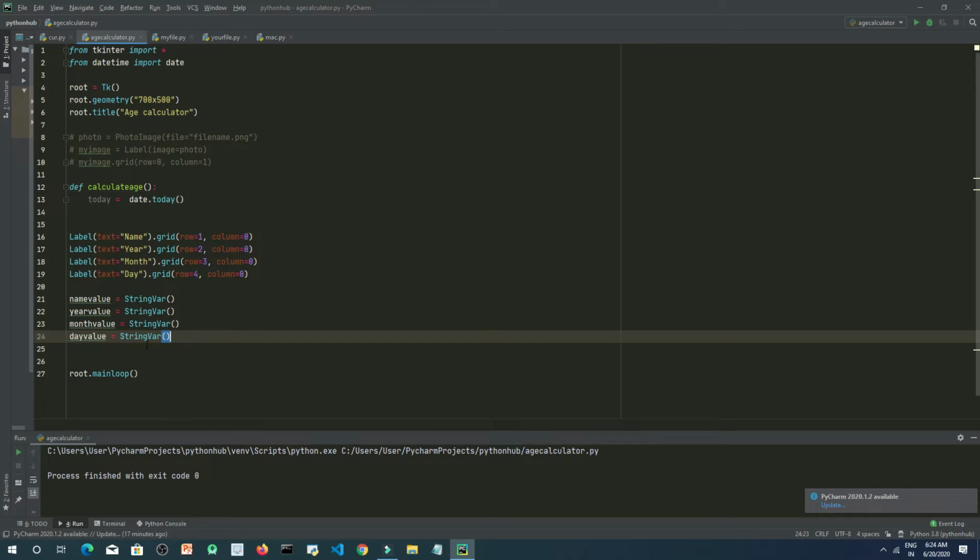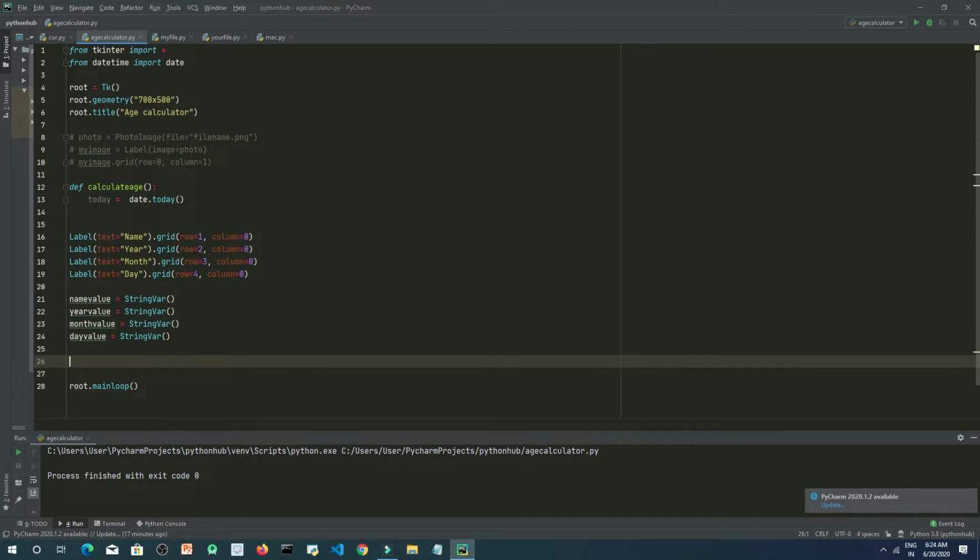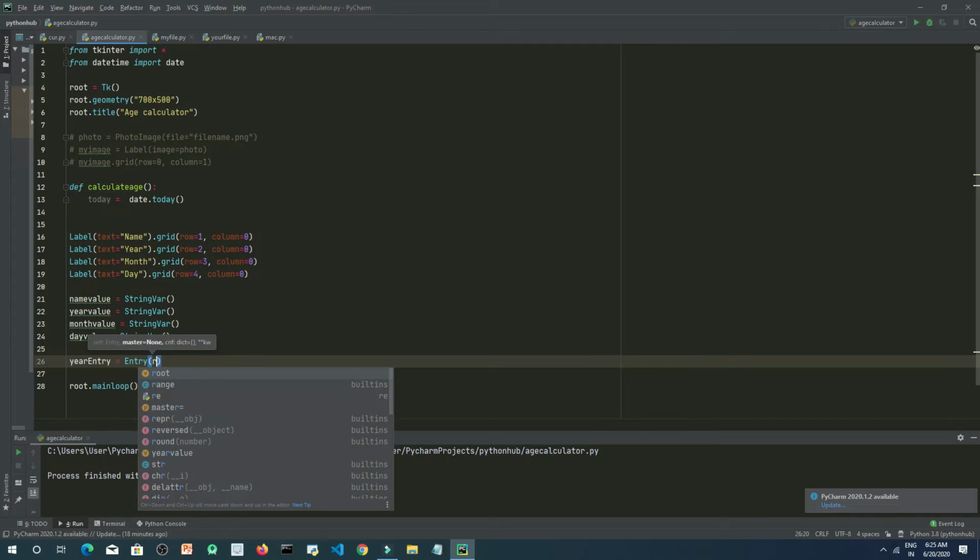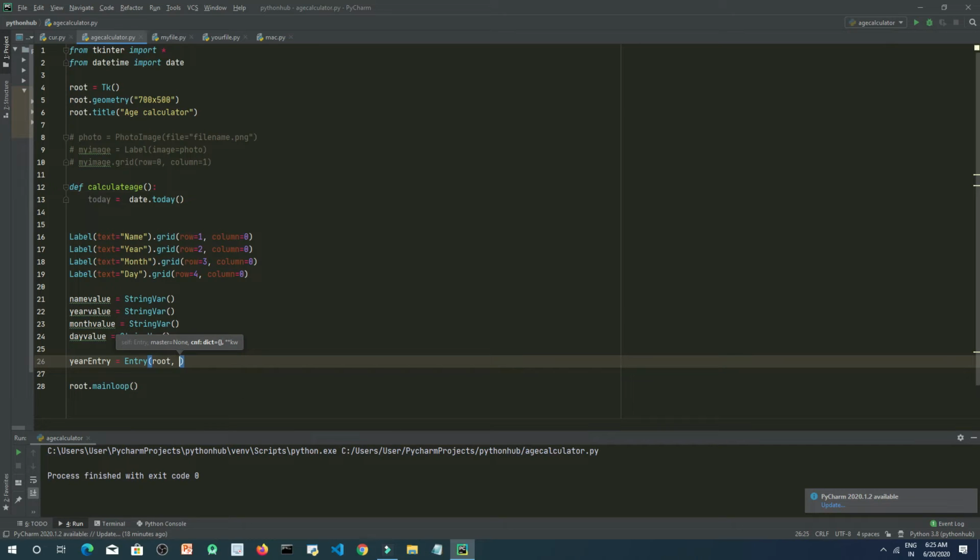Now let's set the entry which we will use to take the information from the user, right? So let's type year entry equals entry inside root and text variable equals to year value, right?